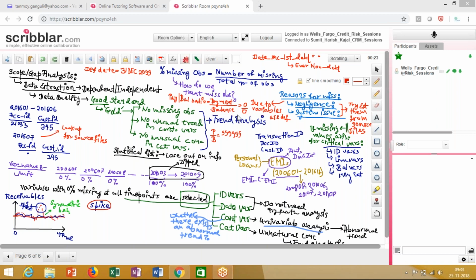Now, why is that happening? Any idea? So it's an unnatural spike that has happened. Tanmay, it could be that there could be various reasons, but one reason that comes to my mind is if there is a change in the methodology of calculating average balances,